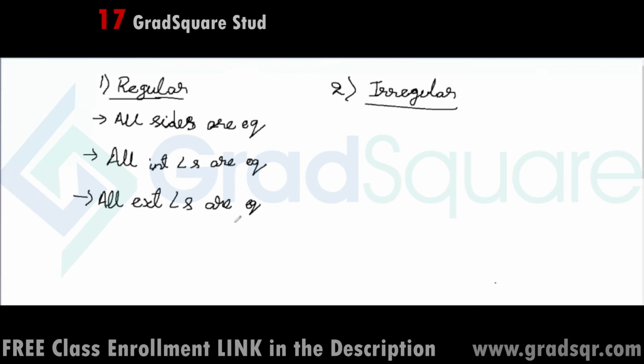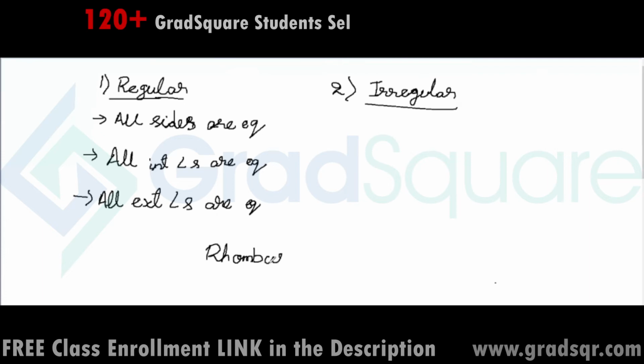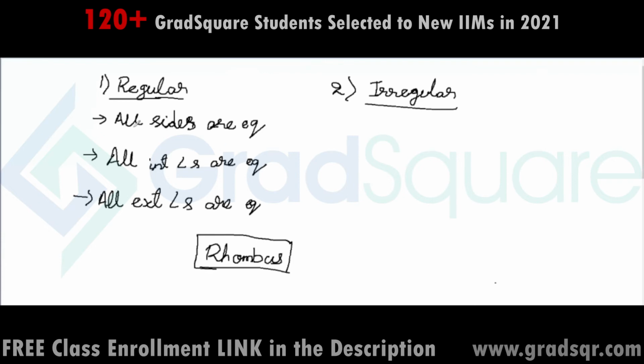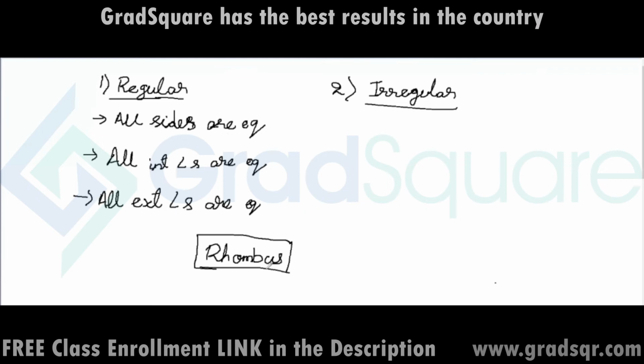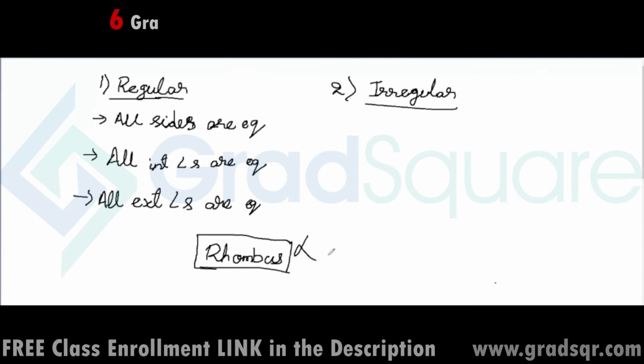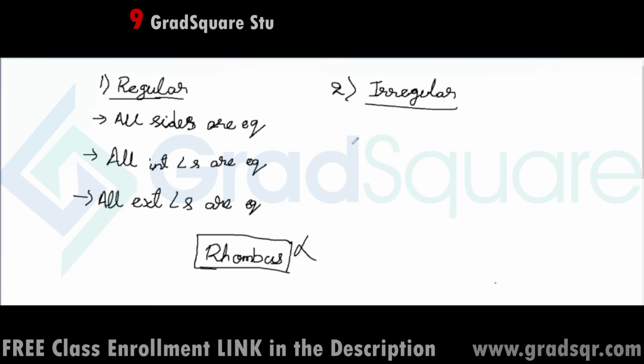Now the question that is asked several times and confuses students is: is a rhombus a regular polygon? If I look at most textbooks, they say that when all sides become equal, then the polygon is going to be a regular polygon. But then a rhombus would become a regular polygon, though it does not satisfy the remaining two conditions. So actually speaking, a rhombus is not a regular polygon. Okay. So this is one single exception where all sides are equal, but the remaining two conditions don't get satisfied, and the rhombus becomes an irregular polygon.